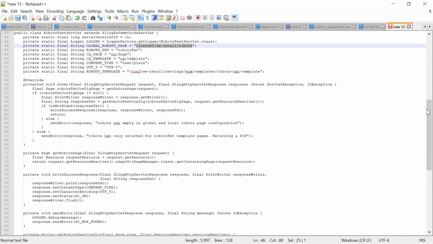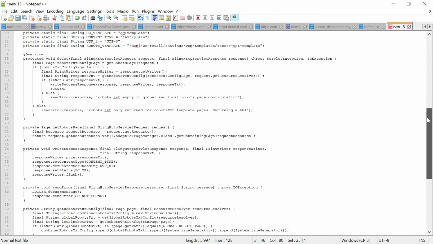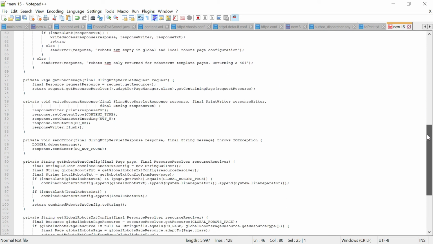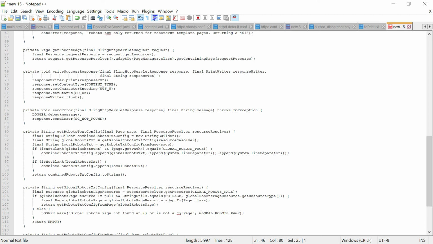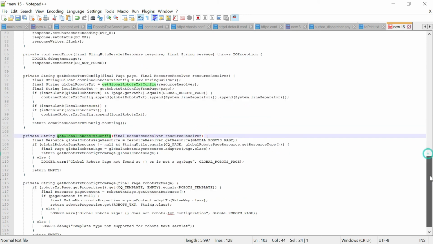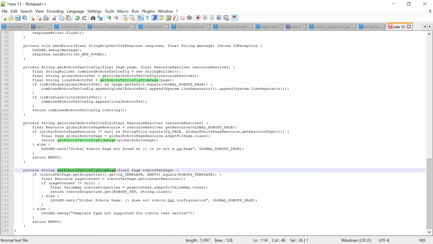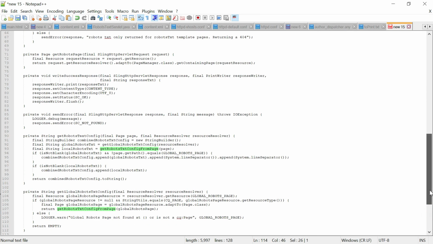You can make it configurable also. It's simple logic: it gets the global file, then gets the site specific file, then merges both by appending them and sends the result back. If both files are missing, it will send a blank page.